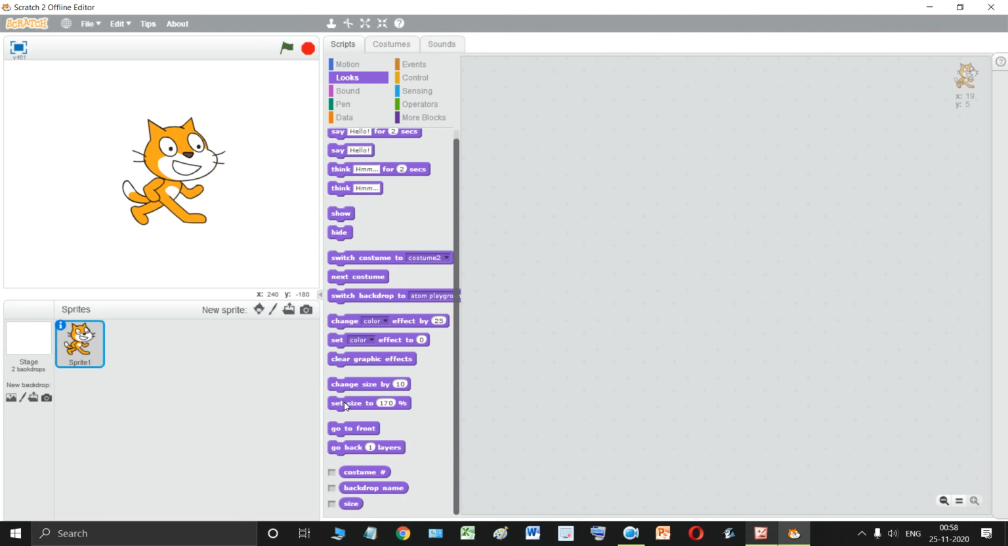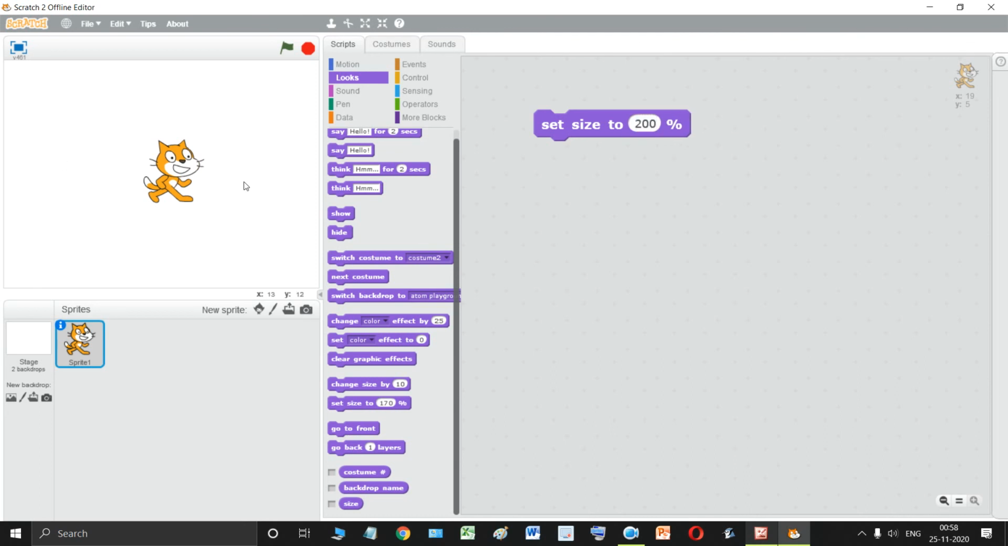So, set size to this percentage. The default size, as you know, is 100%. Okay, so if I click on this, see, this is the default size of the sprite. So if I make it 200%, what will happen? The size of the sprite will just double from whatever this size is. See,